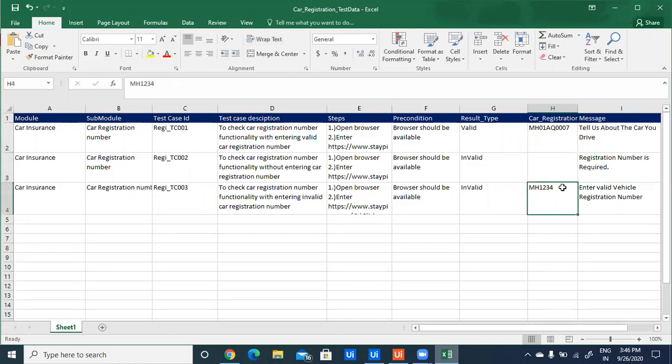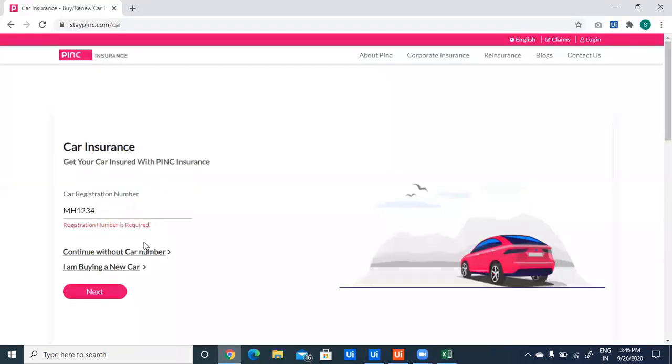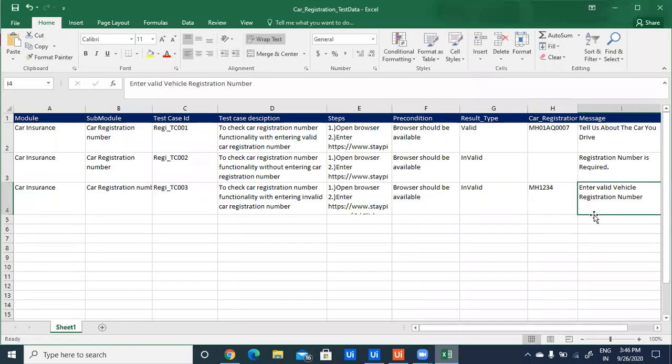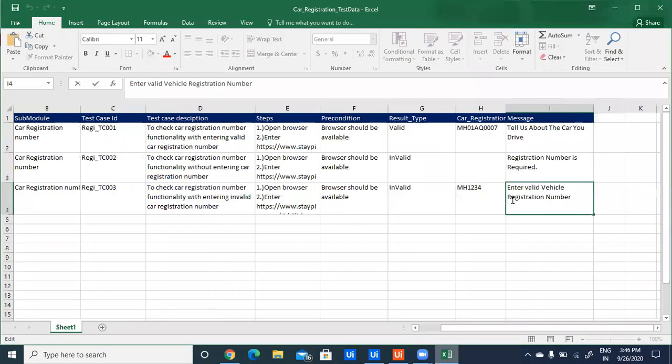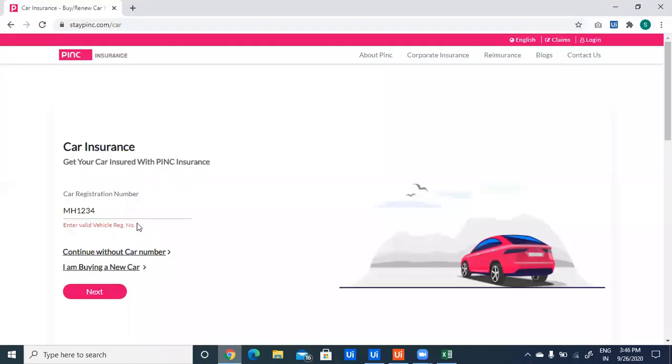And after entering invalid data, if we enter an invalid registration number and click on next, it should give "Enter valid vehicle registration number." Here I have given the expected result as "Enter valid vehicle registration number," but it is displaying as a registration number.